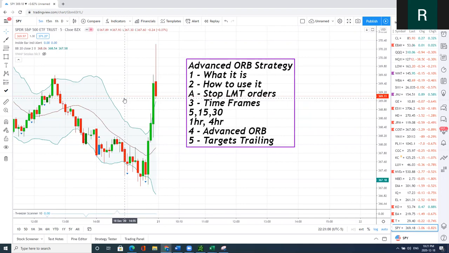What I really wanted to talk about today, though, was the advanced opening range breakout strategy. This is something that I've created over time, through testing and through trading in the markets every day. And what really makes opening range breakouts effective, from my experience, is who is trapped within that opening range,